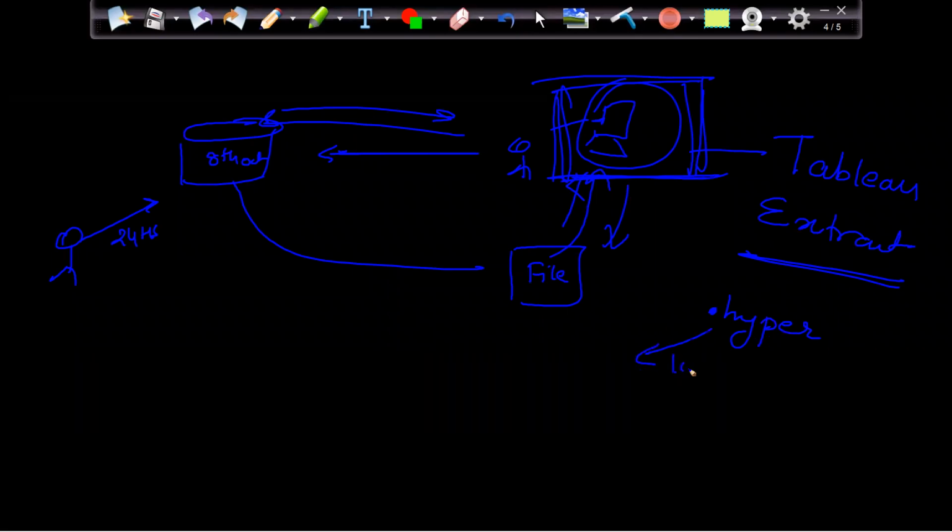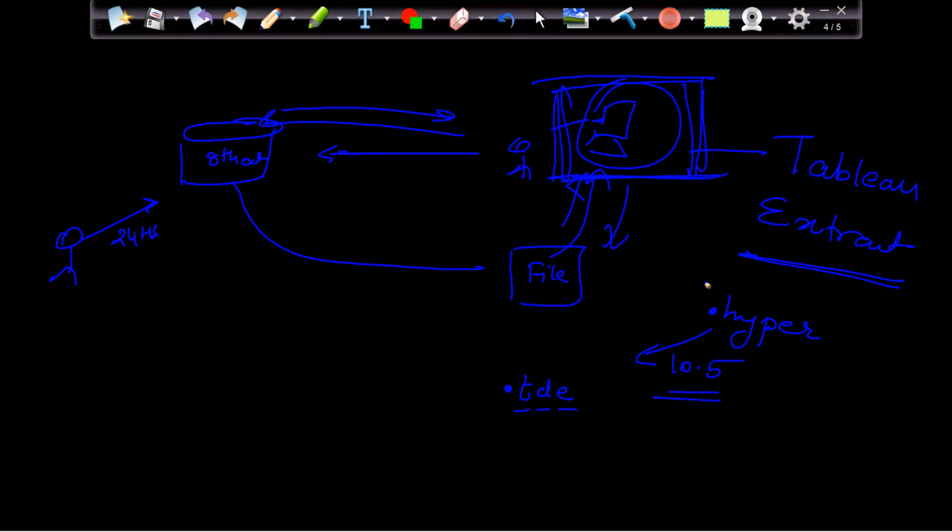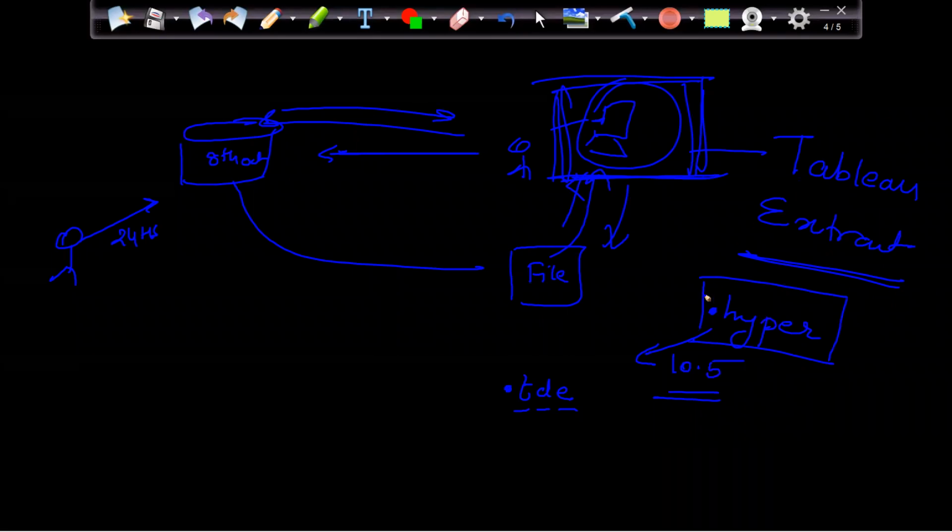Before Tableau 10.5 version, the extension was .tde, Tableau data extract. But after Tableau 10.5 version, the new extension is .hyper, which is more powerful than .tde. Powerful as in more processing wise, it is more powerful. And this file is what we can create in Tableau.